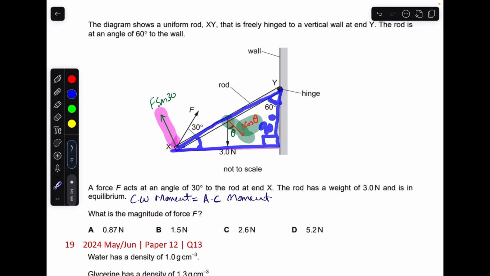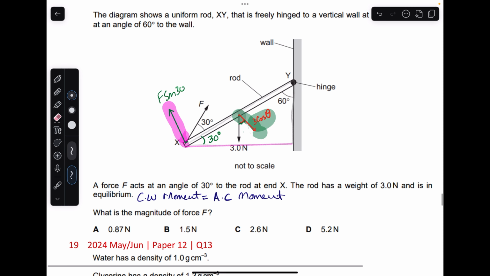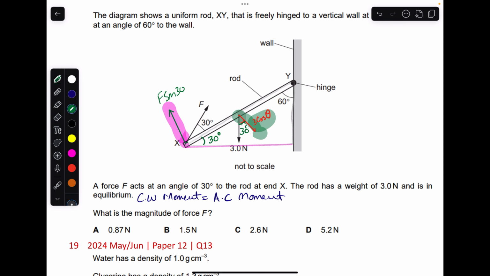So 60 plus 90 plus x should be equal to 180, the total of the angles of a triangle. So this will also be equal to 30. And as we have discussed before, from the dynamics topic, if this angle is 30, this theta that we have written here will also be equal to 30 degrees. These two angles will always be the same. So this can be written as